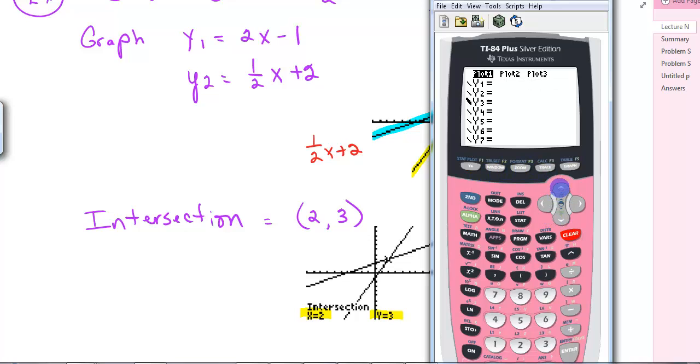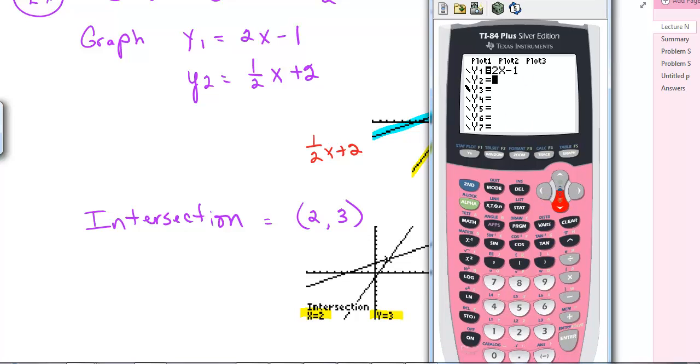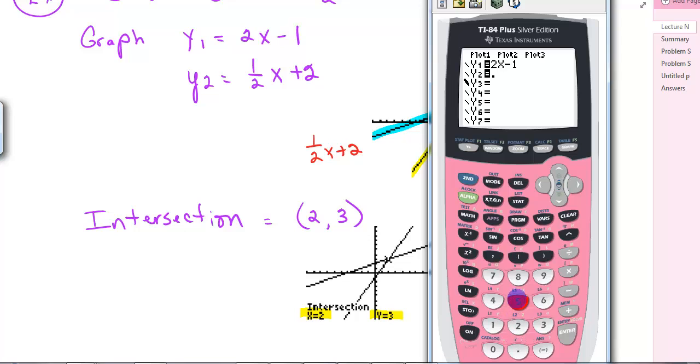Let's clear that, and let's turn this plot off. All right, so in y1 we would put 2x minus 1, and in y2, let's use 0.5, it's easier than writing that fraction out, 0.5x plus 2. All right, so we've got our two equations in, and we'll do a zoom 6